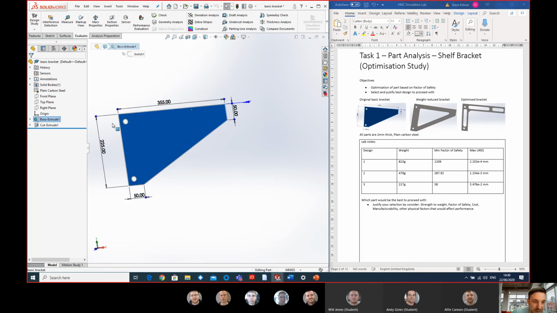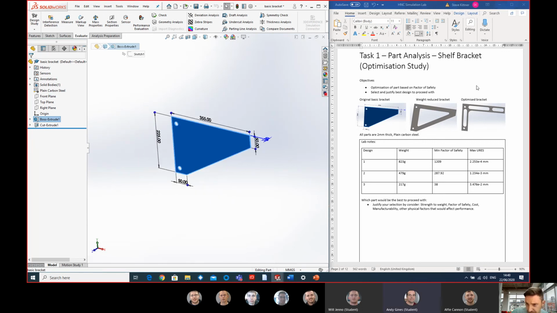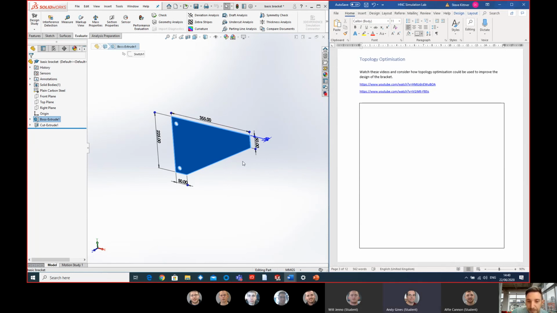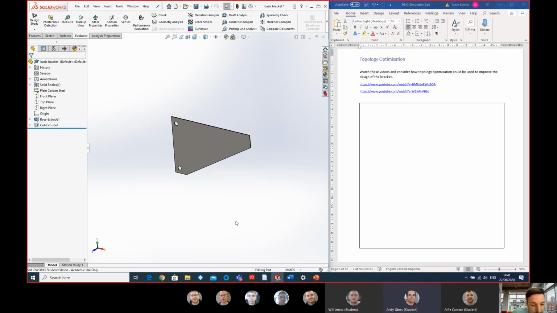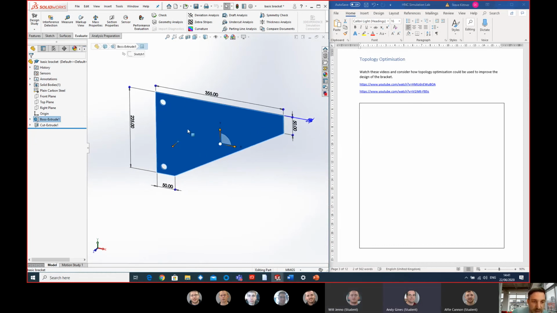I suppose we could change the thickness. We could probably change some of these dimensions. Now, I'm just going to scroll on down. There is part of the software here in SolidWorks that does something called Topology Optimization. Any of you heard of that before? No? So basically, topology will enable me to tell it the things on this model that are fixed that